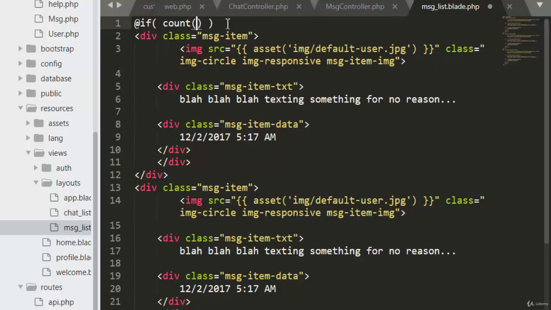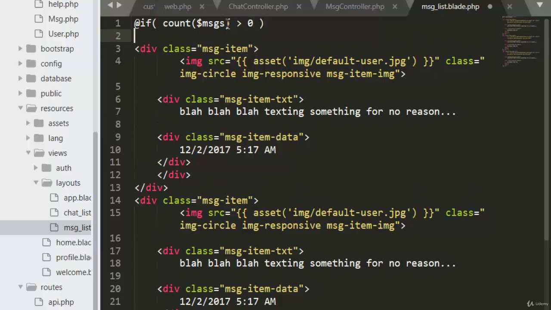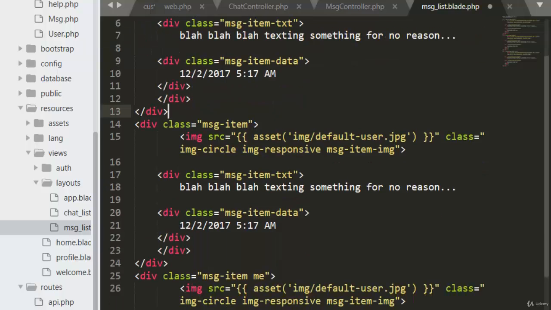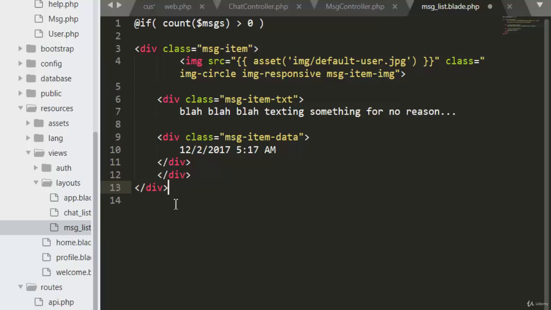First, we're gonna count if the messages that we are getting from the database is greater than 0, then we know we have a message list that exists for that specific chat. Now we can do the for each loop for this, and we can remove all this because we're gonna just work on one. Here we can say if, and there would be else as well,